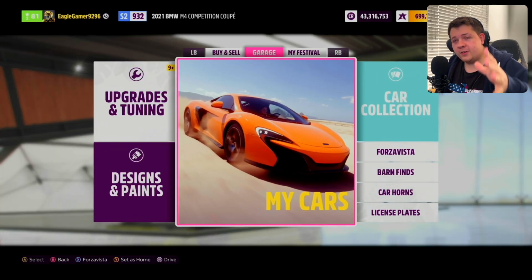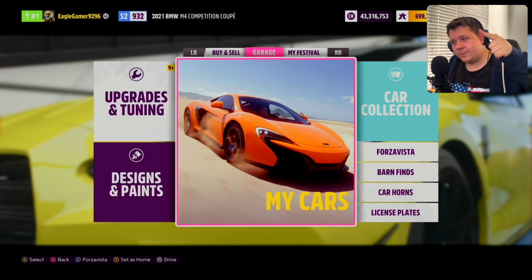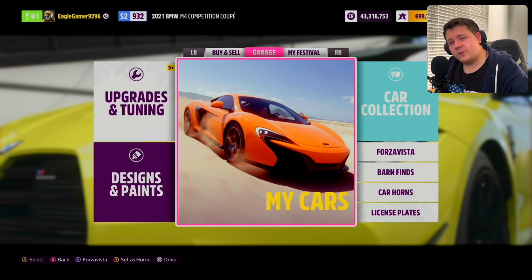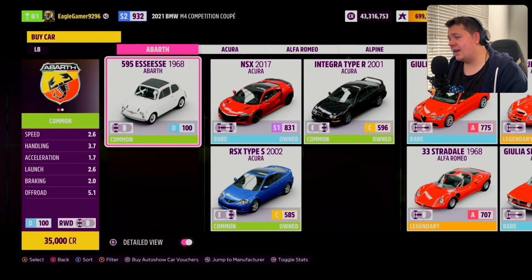Now of course, this is going to have a certain parameter when it comes to selecting this car. One, it has to be one of the slowest cars in the game, and two, we have to test out before and after with this car. So unfortunately, we're going to have two different types of drag races. So let's go straight to the auto show and see what's the slowest car,